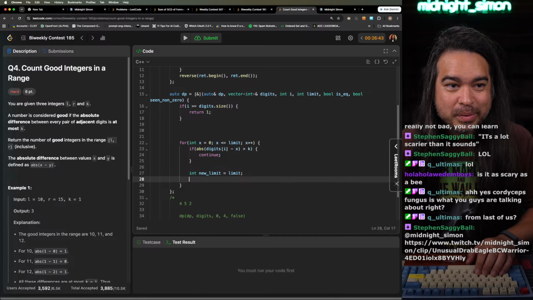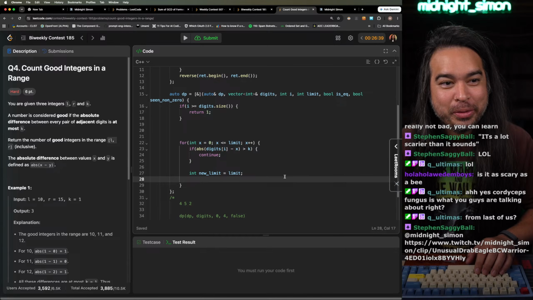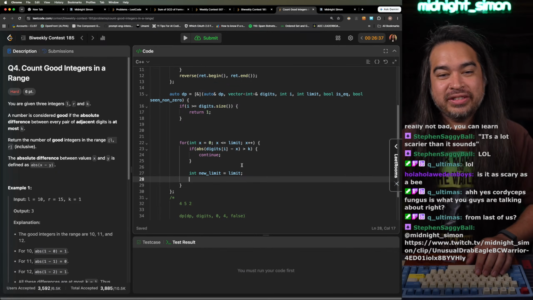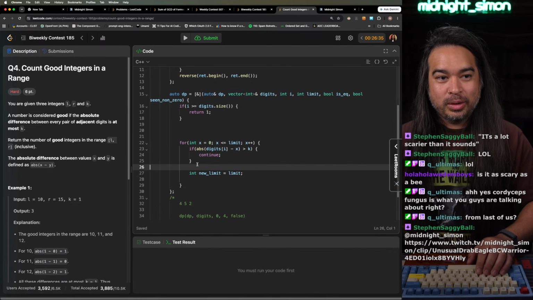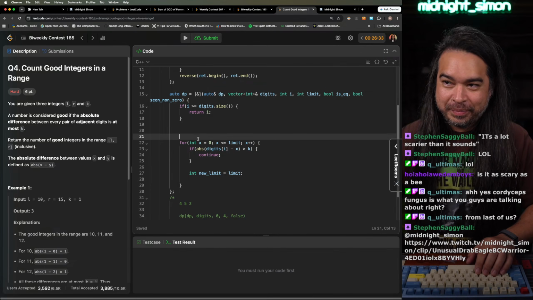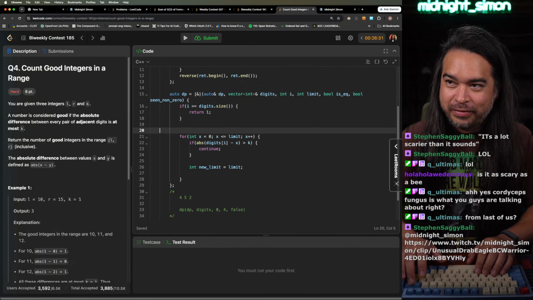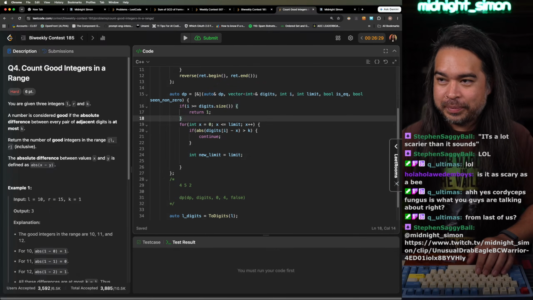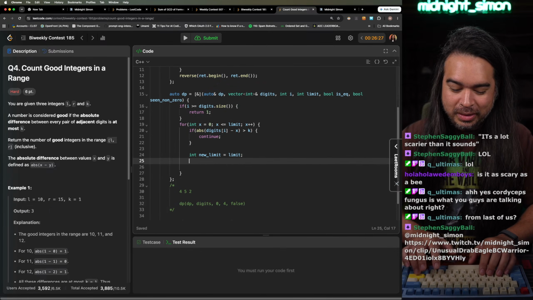Cordyceps fungus is what you guys are talking about from last? Nah, this ain't no movie, Q. I'm talking about real life, not some fictional fungus. Anyways,